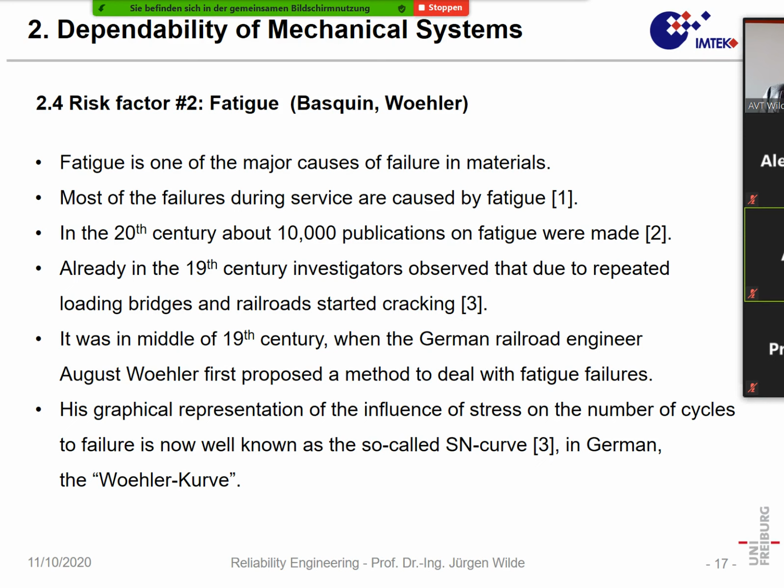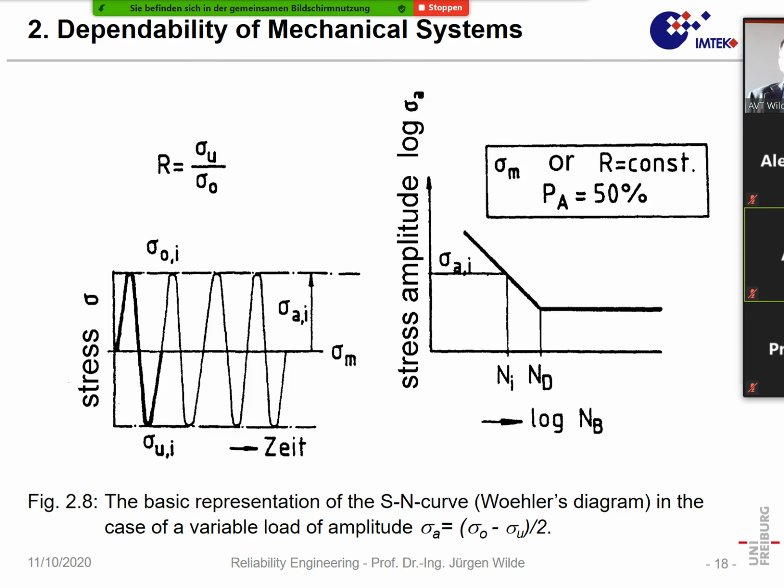And the German railroad engineer August Wöhler first proposed a method to deal with fatigue failures, and in America it was Mr. Baskin. And this representation of the fatigue curve is the so-called SN curve or Wöhler curve. Okay, now let's come back to the